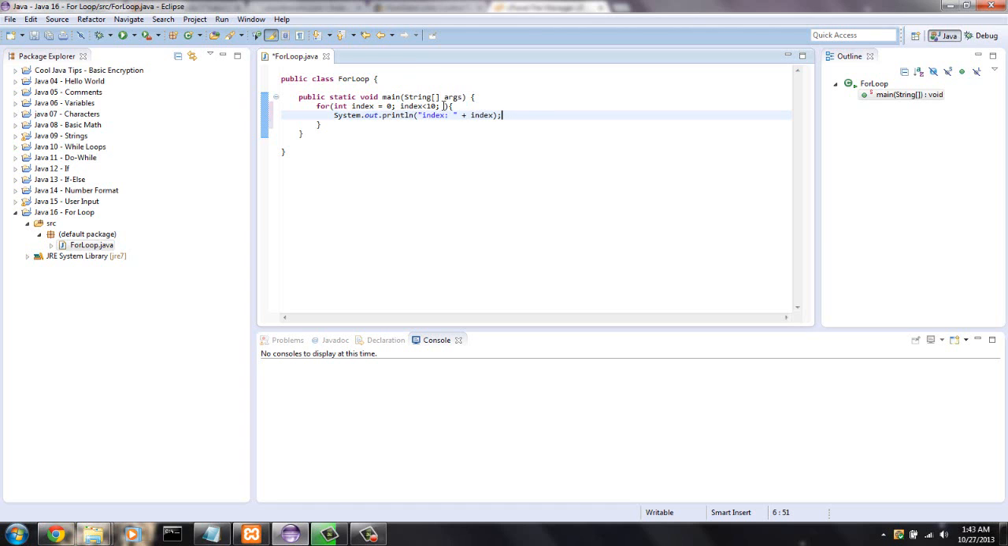So we need something to get it to start reaching its stopping point. So right here we're going to say index++, increment. Like a while loop, an equivalent while loop would probably declare the index above it, saying 0, and it would say while index is less than 10,